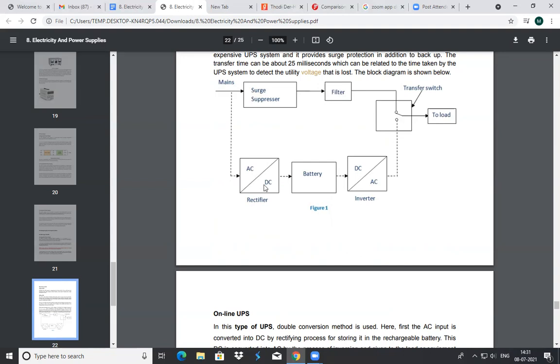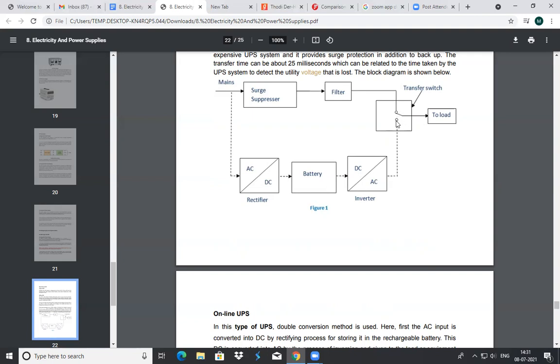Remember, when you store supply in batteries, we have to convert AC into DC. The rectifier converts alternating current into direct current, as we saw in the last lecture, and it is stored in the battery.